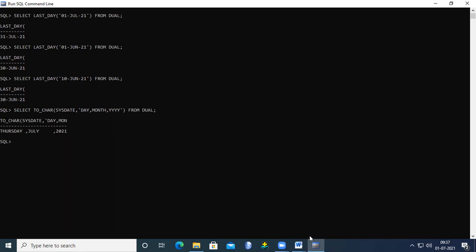In the same way, we try to change the format, for example month, year, and here I mention the day. If you observe, first the month is displayed, July, next the year, next the day. So we can display the system date in our required format.